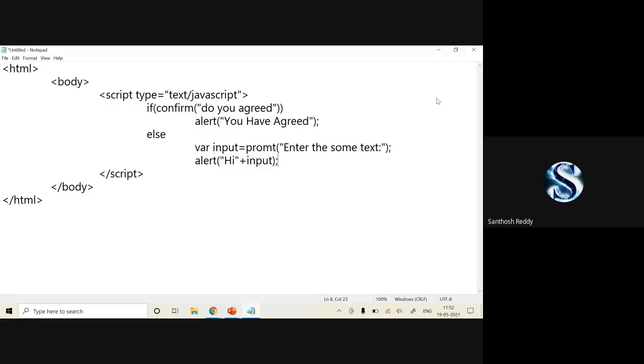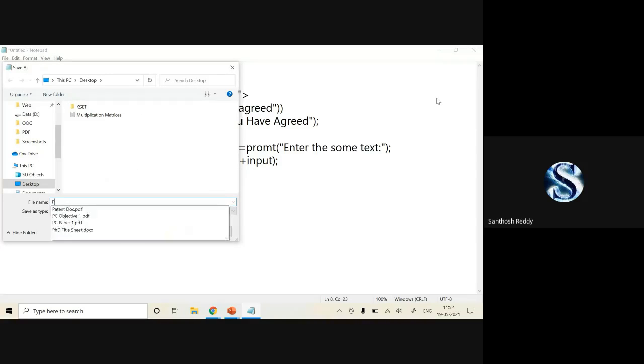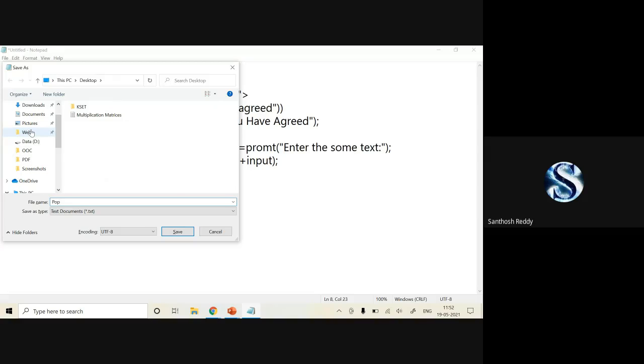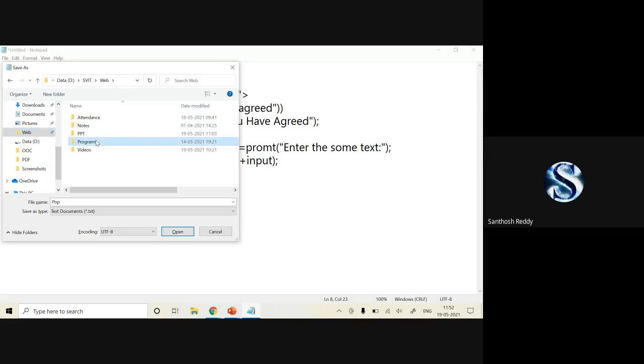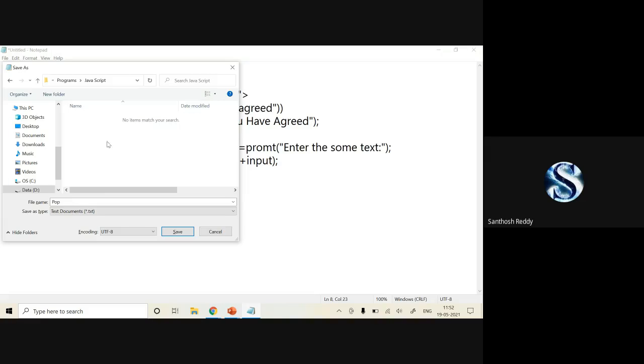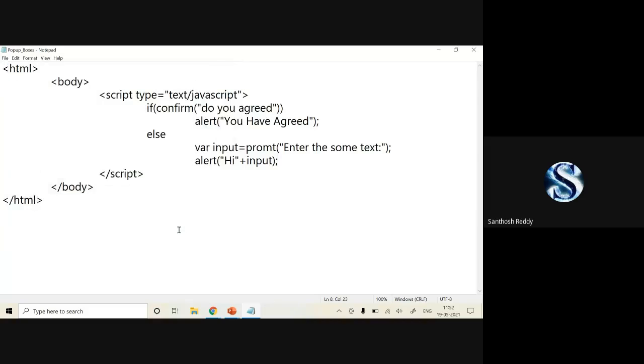Now have a look at it. I'll be saving this. Web programs, JavaScript, pop-up boxes, .html, all files and save.